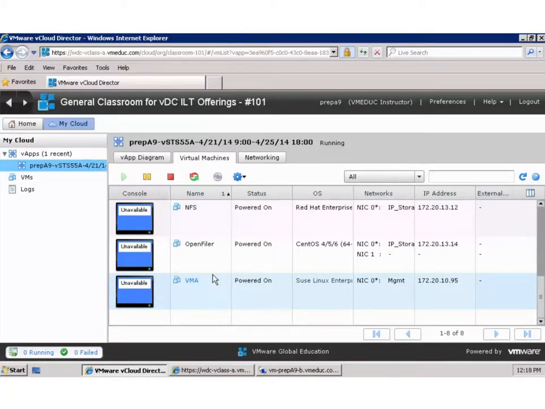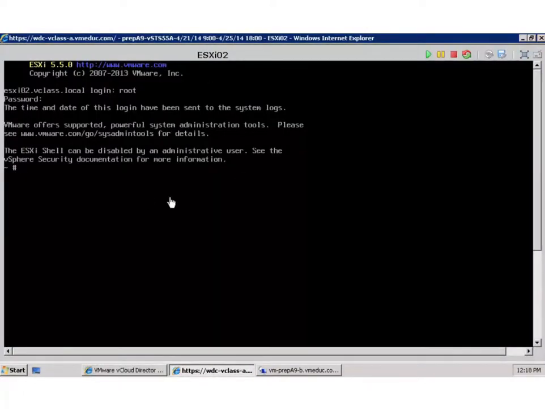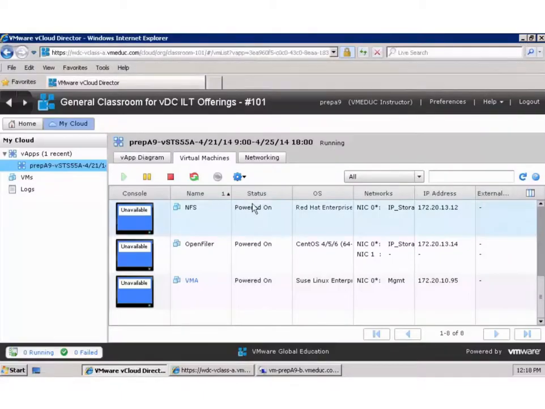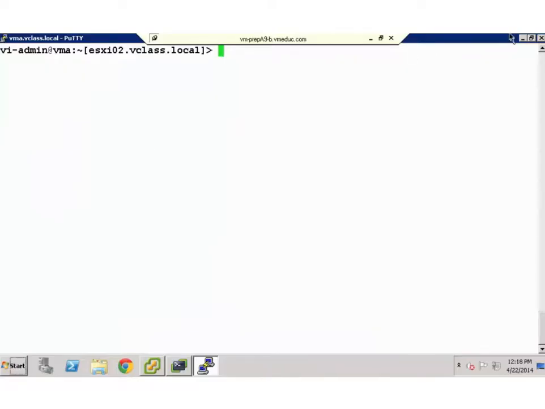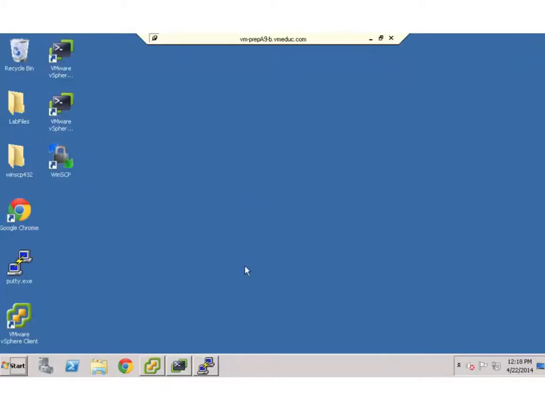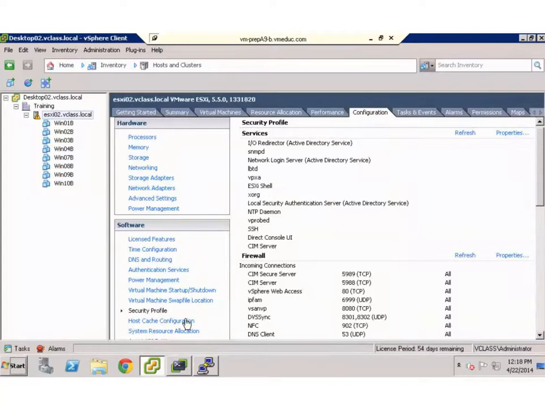Now through here, I do have access to ESX2, which is the one I'm going to use. I'm going to break my ESX2 within the environment. So I made sure that I have access through there. I had to enable the direct console user interface. And I RDP'd over to one of my desktops where I can run various commands within the environment. So I have my vSphere client, and as you can see here, my ESX02